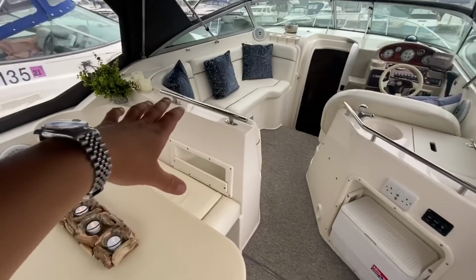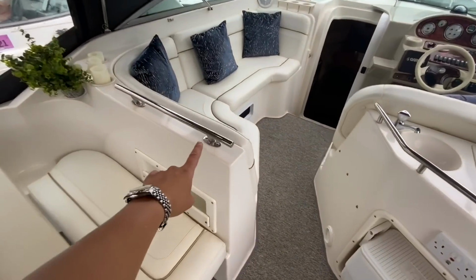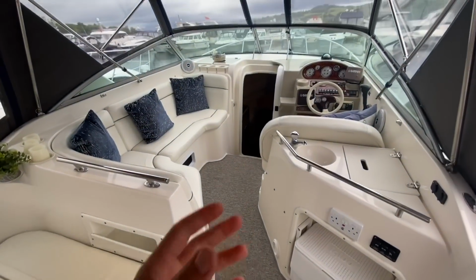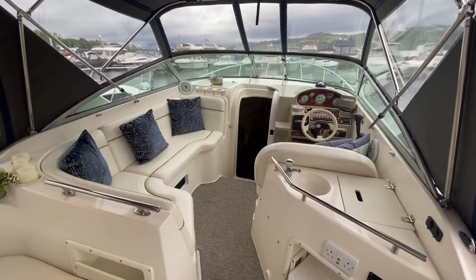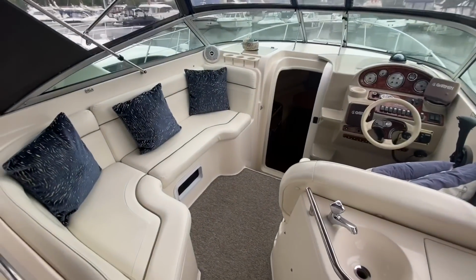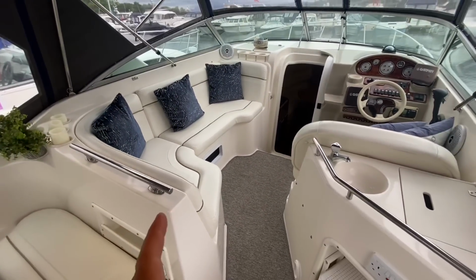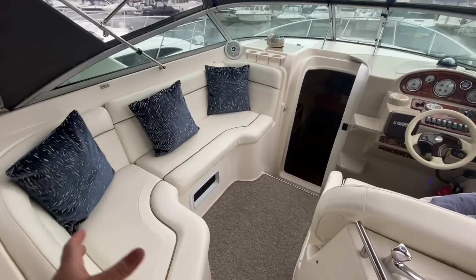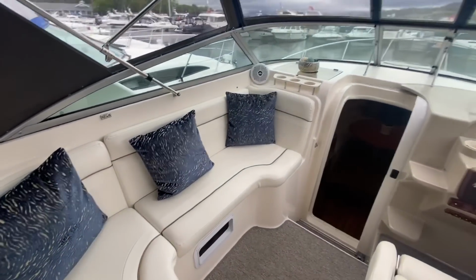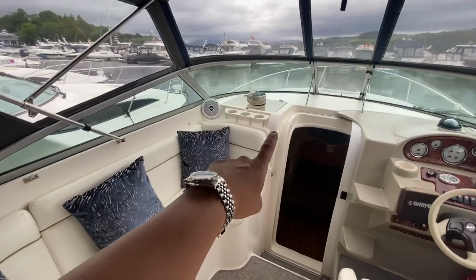And I do like as well, notice all these little grab rails. Now they are factory installations, so they are really solid. So if you do encounter rough seas, you have 2 pairs of eyes looking out over the bow at where you're going. Well, you know that your navigator is not going to hit the deck, basically. Off to the port side, so if you are driving, you don't need to do it alone. You can get 2-3 people easily up there, and you've got drink holders